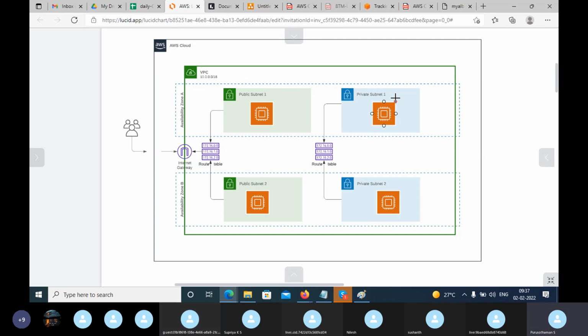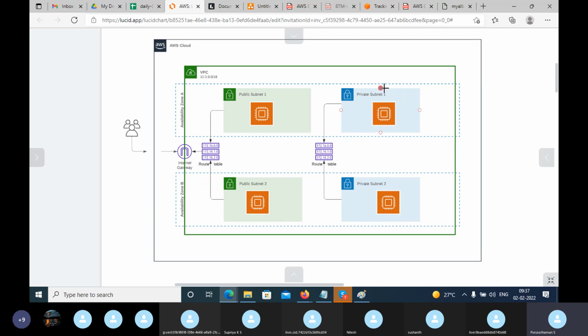That we can define at the security group level or network ACL level. Those are in the pipeline, so we can see them one by one. Now we are assigning the routes and creating these things, and afterwards we can go and restrict the things.